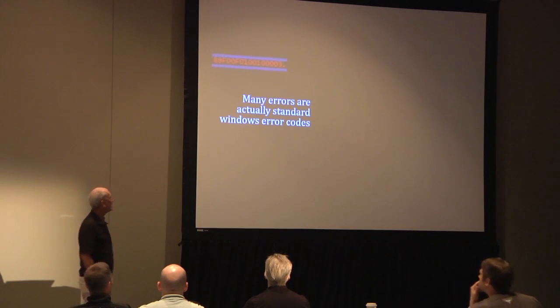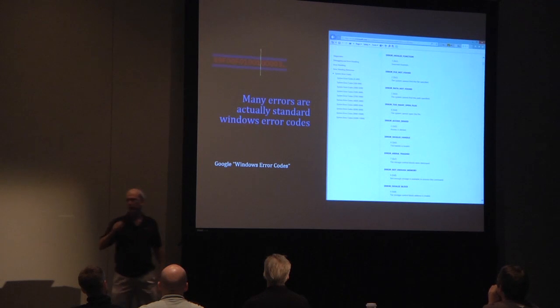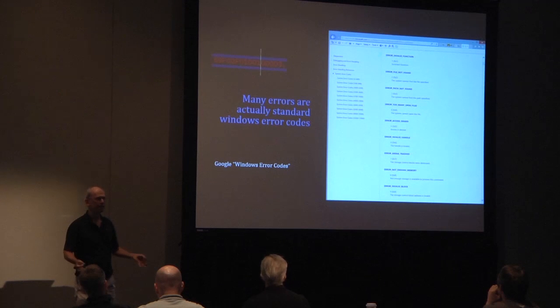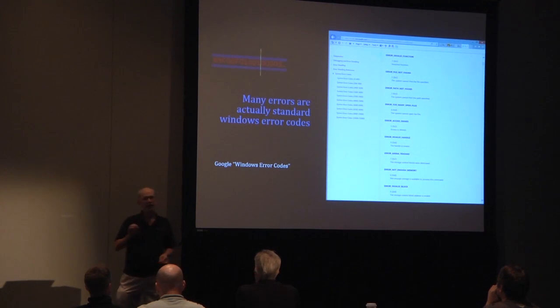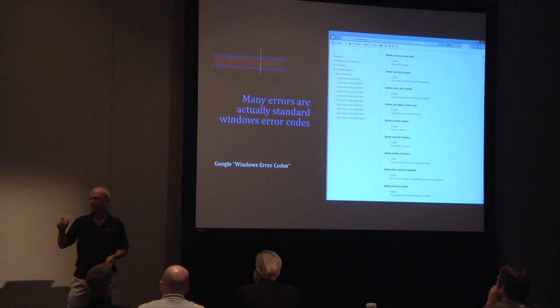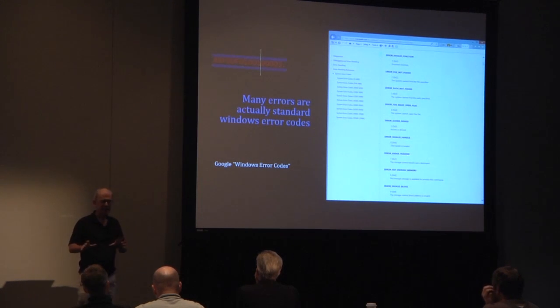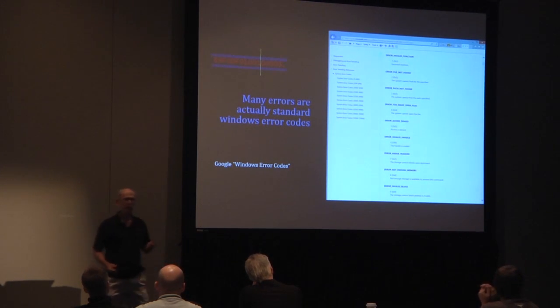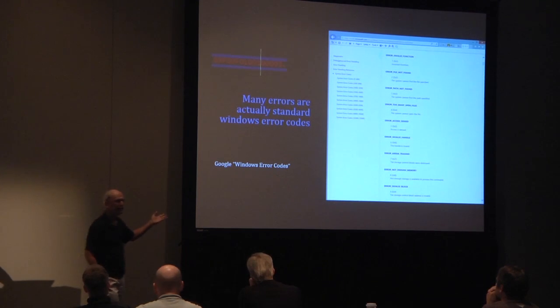But what's important on those is that we really want to just look at the last 5 digits, because those error codes are going to be standard Windows error codes. So we can look them up and figure out somewhat what's going on on the basis of that part of the error code. And even in AppV 4.6, a lot of the error codes, the very end piece, were actually standard Windows error codes. They weren't very good at maintaining that relationship of following those standards, but in AppV 5, they've tried to do that. So whenever I get one of those errors, the first thing I do is go to Google and type in